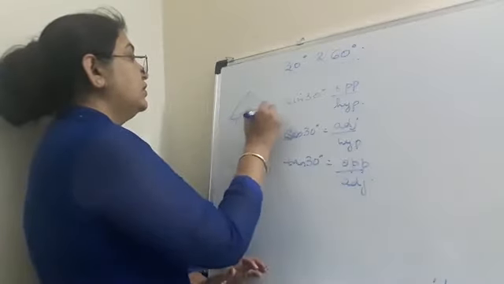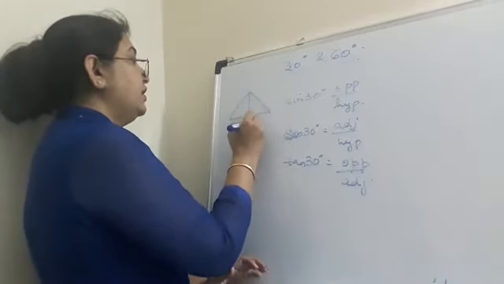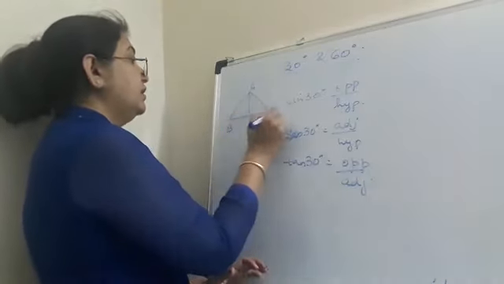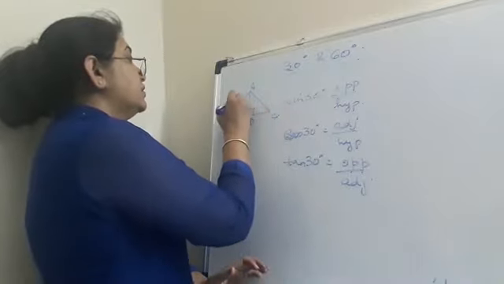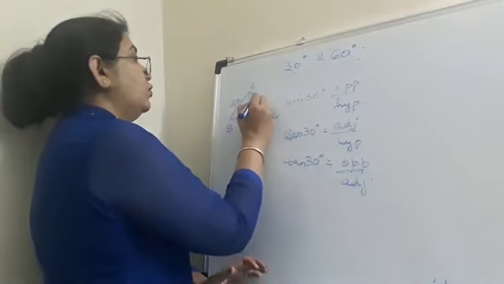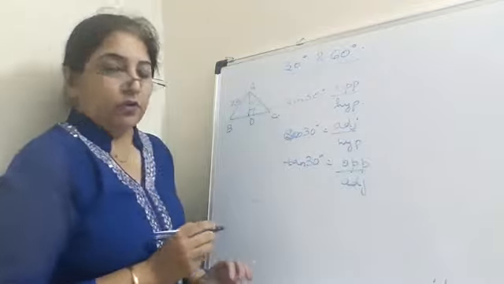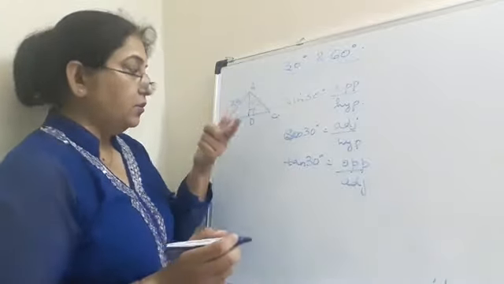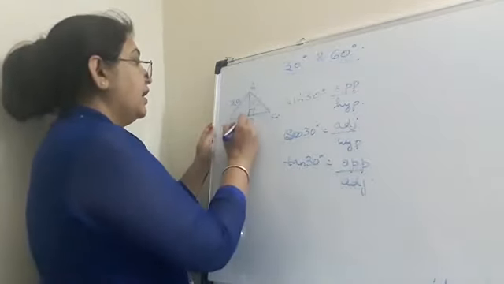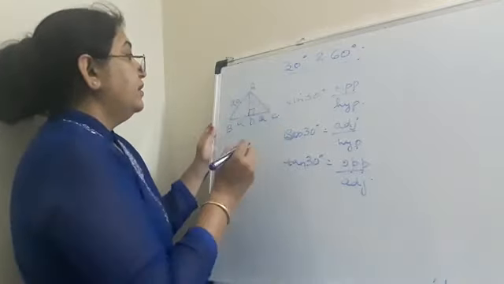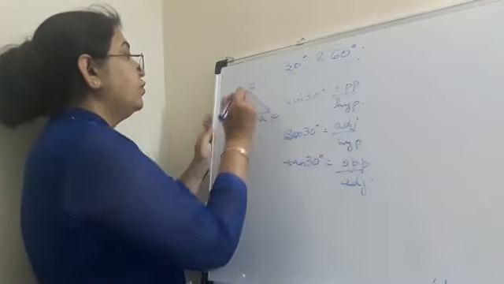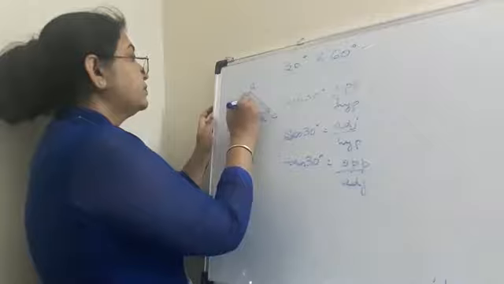So we know the triangle. This was D, this was A, this was B, this was C. This is 2A, this is A root 3. Right, if you cannot see it clearly, you can listen to me and you can write A and A. Fine, this is 30 degree. We are talking about 30 degree just now.